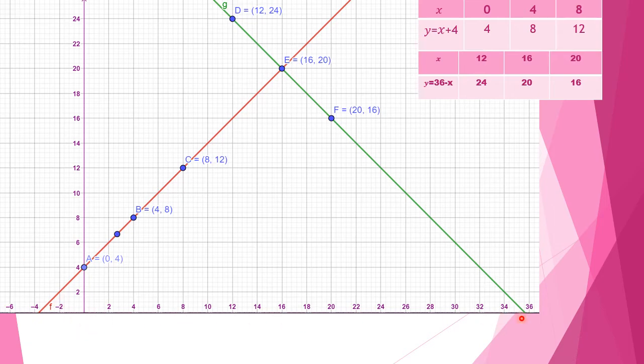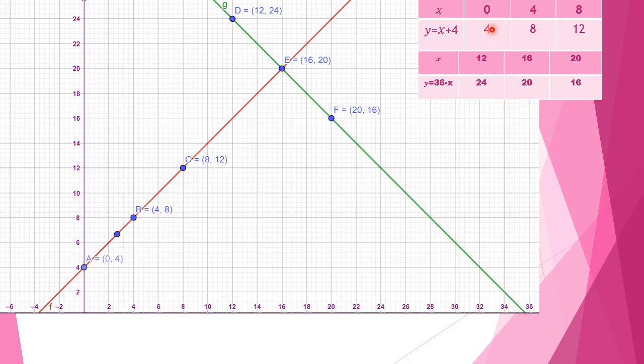On the x-axis over here we have taken 1 unit is equal to 2 centimeters. On the y-axis also we have taken 1 unit is equal to 2 centimeters. You can even take 1 unit is equal to 4 centimeters, whichever is convenient for you. In both the cases you will get a good representation of the graph. Now it depends on your decision power whether you want to take 1 unit is equal to 2 centimeters or 4 centimeters. This you will learn with practice.